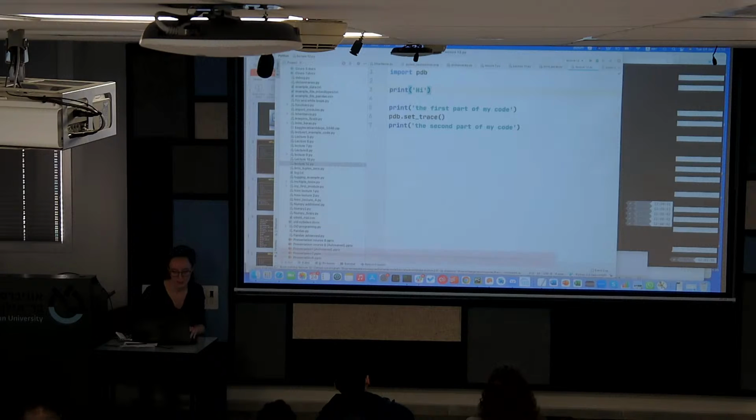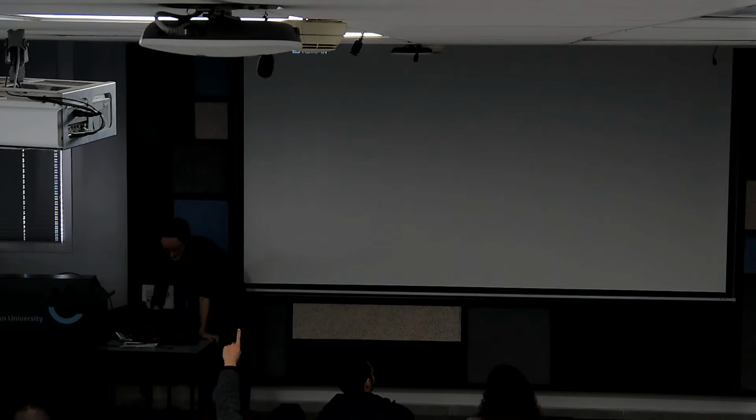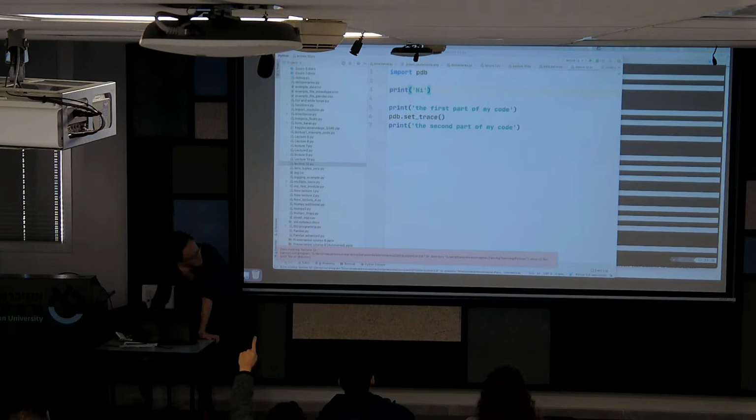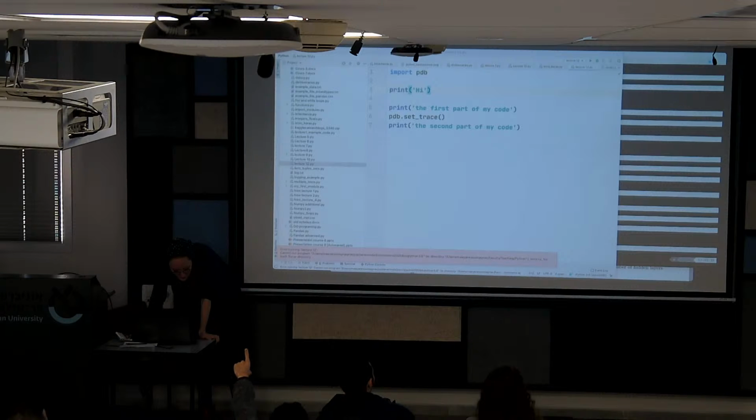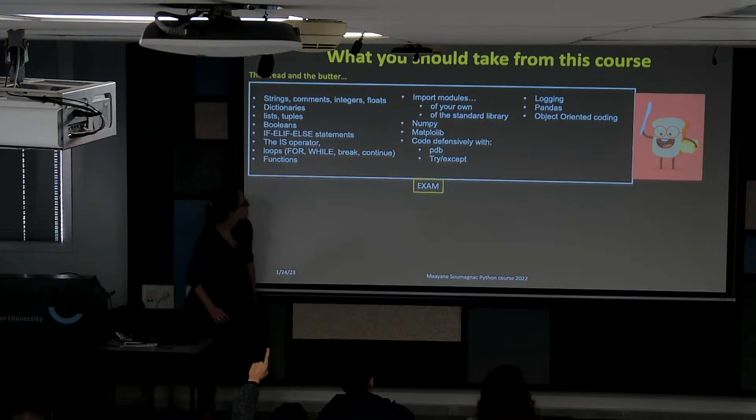Okay, my computer is working very hard now on what's going on in the background, but this is a very simple command, okay? Okay. Slide. Okay, so